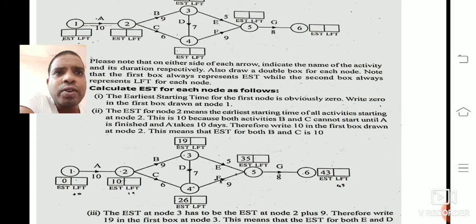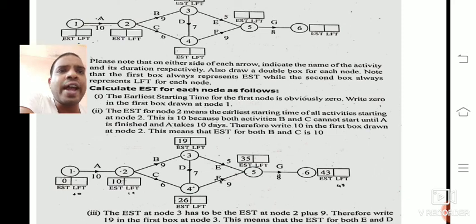From 3 to 4, EST is 19 and D is 7, 19 plus 7 gives 26. Whichever gives the maximum, we consider. The maximum comes from 3 to 4, so we write 26. The path 2 to 4 gives 16.